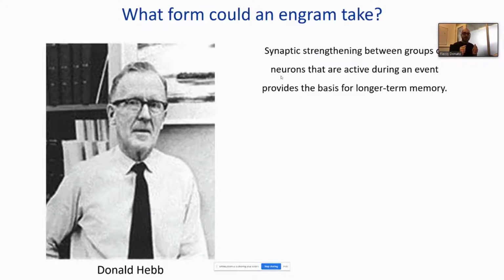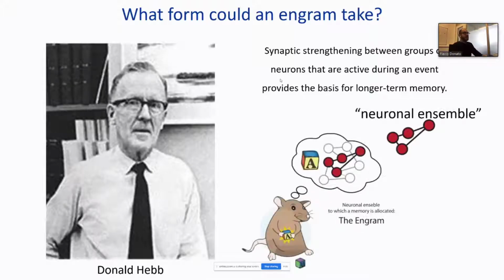And strengthening the connectivity between these two neurons is able to create a group of neurons, which he called neuronal ensembles, that are able to be active at the same time and encode the same type of information. So the idea that he put forward is that, in the end, the process of creating a memory is based on selecting which neurons are able to be active at the same time, to be co-active, so that those neurons will form a neuronal ensemble in which the information about that specific experience is actually encoded.